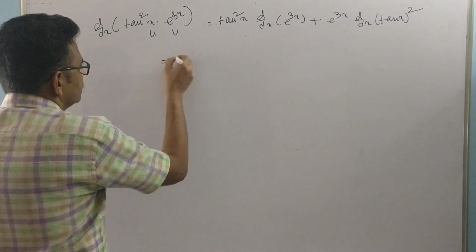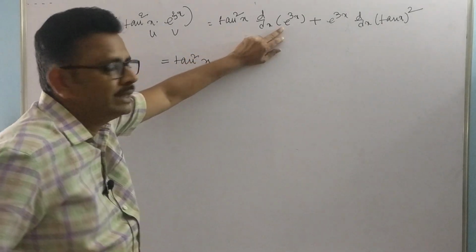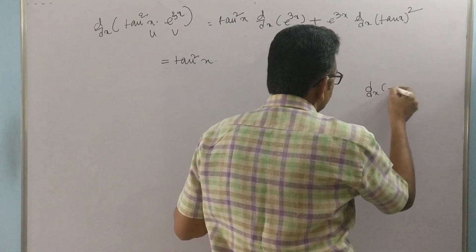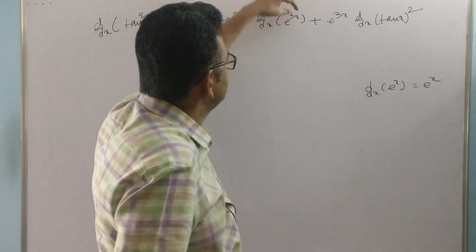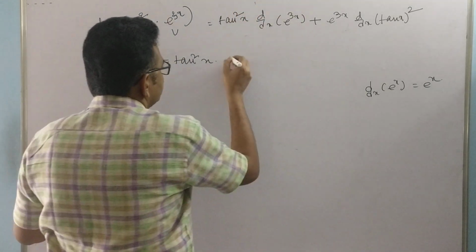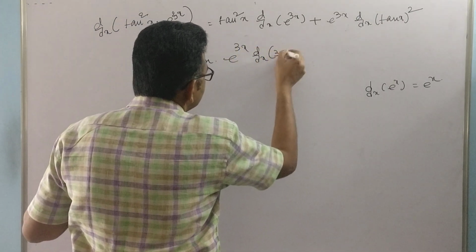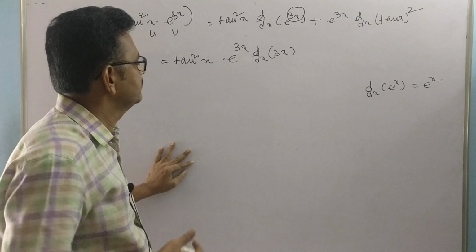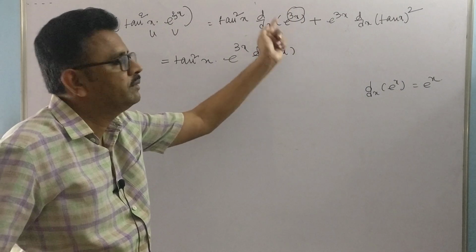So this is equal to tan square x into, this is e power x form. We know the derivative of e power x is equal to e power x. But here it is not x, it is 3x. Treat 3x as x. So what is the derivative of e power 3x? e power 3x into derivative of 3x. You treat 3x as x. Into derivative of 3x means what? e power f of x means e power f of x into derivative of f of x,